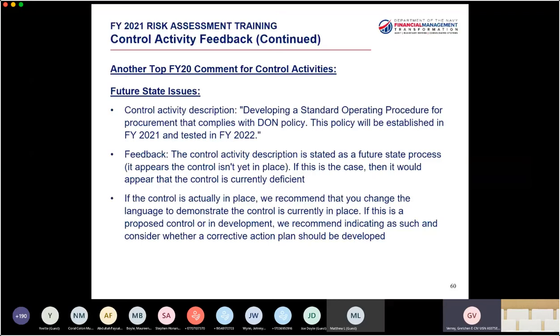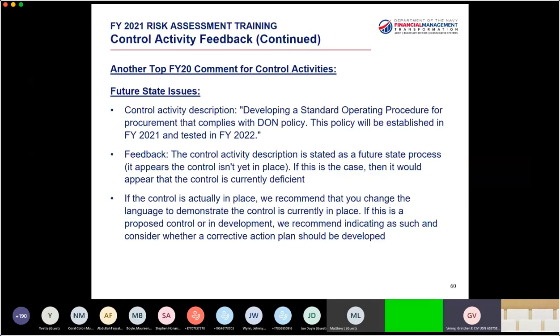Okay, so some more control activity comments. Sometimes we'll read a control activity description, and it'll look like it's in the future tense. So it might say you're developing a policy. It might say that you're developing a control, or it's just very clear that whatever you're talking about, it doesn't appear that it's actually happening yet. So we provide feedback, just indicating that it doesn't look like it's actually happening yet.